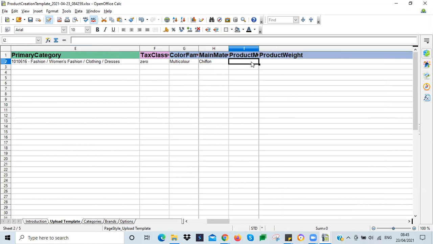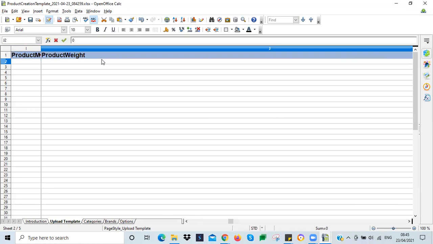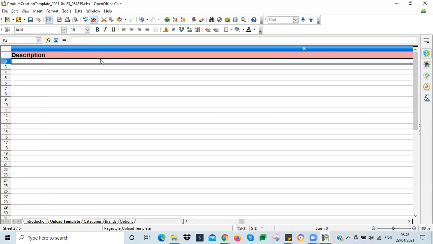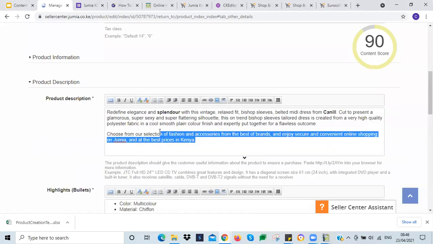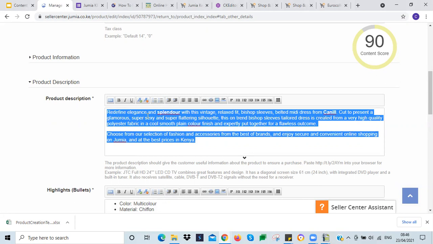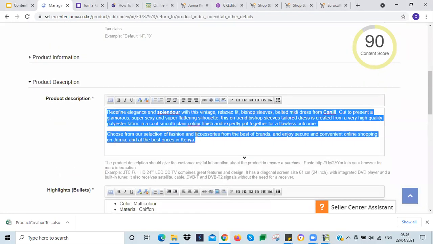Product weight. So it's 0.1. Then move to next, description. I just copy what we have. So this was specifically describing the dress. If you have several dresses, you can use a general description for all of the dresses. But on the highlights, this is where it will be different. Just copy this onto my